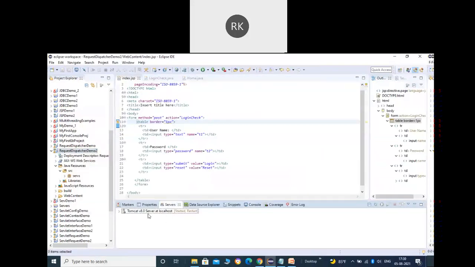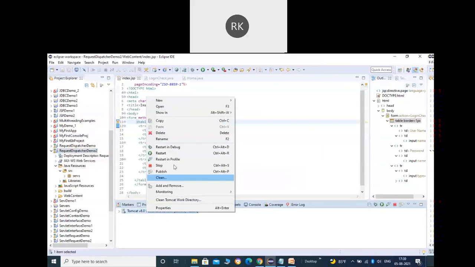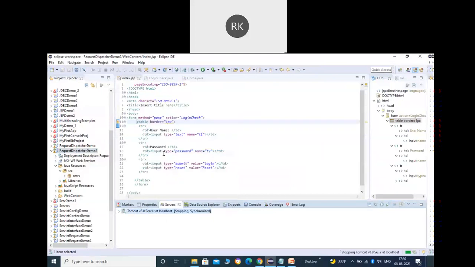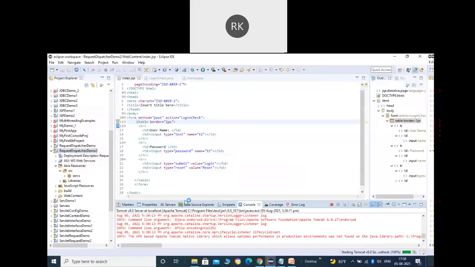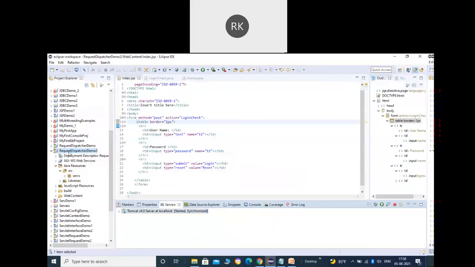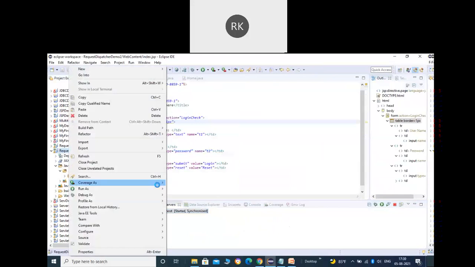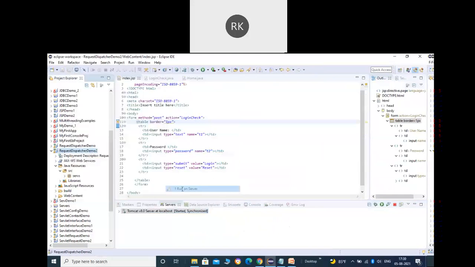So the default page here will be index.jsp. Right click over your project, go to run as, run on server. Next, let me remove this one. I need to restart the server.